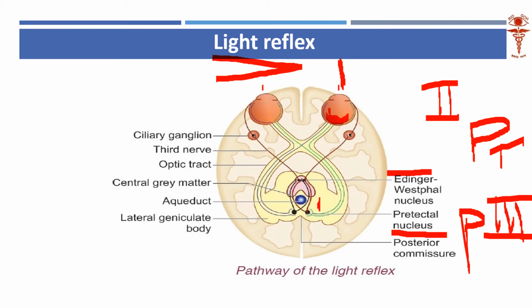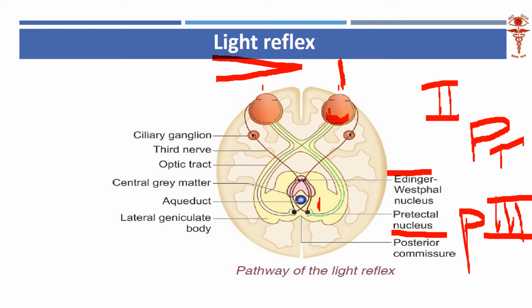Okay, so now we have understood light reflex. Light reflex is an independent reflex of the visual pathway. It only passes with the visual pathway till the optic tract, that too half of the optic tract. In half of the optic tract, it takes a deviation and goes to the pretectal nucleus.